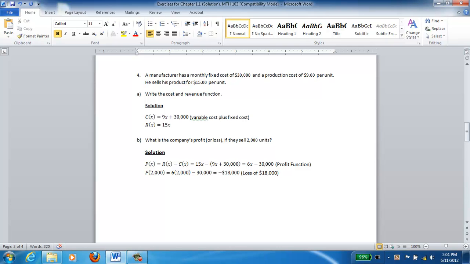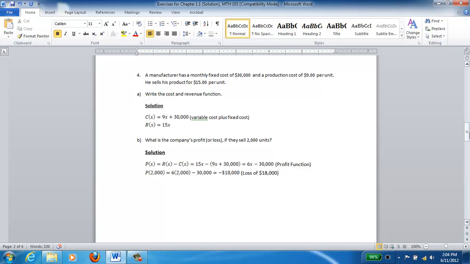The cost function is 9x plus 30,000, which is the variable cost plus the fixed cost, and the revenue function is equal to 15x. Write the company's profit or loss if they sell 2,000 units. First, let's develop the profit equation by subtracting the cost function from the revenue function, that is R(x) minus C(x). That gives us 15x minus the quantity 9x plus 30,000, which is equal to 6x minus